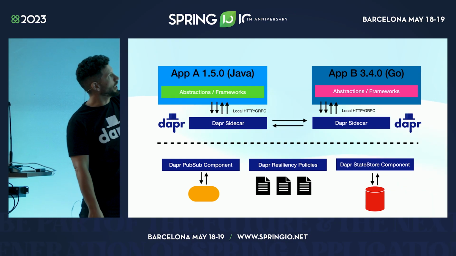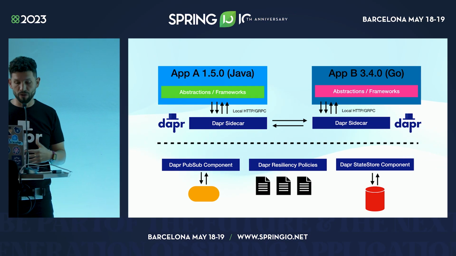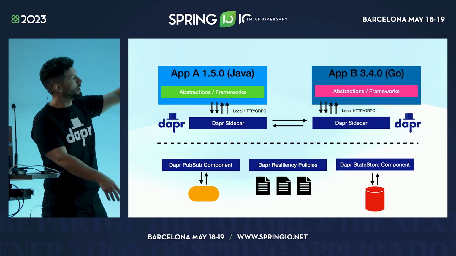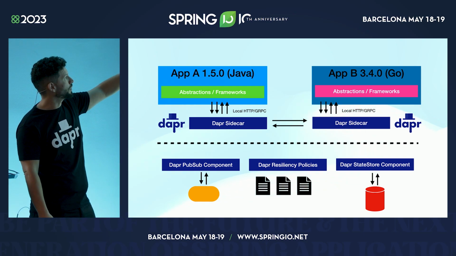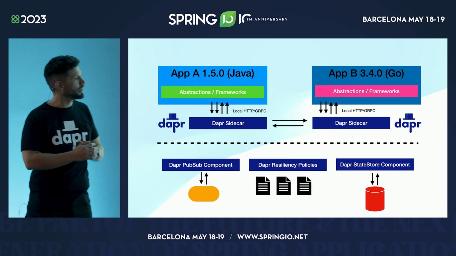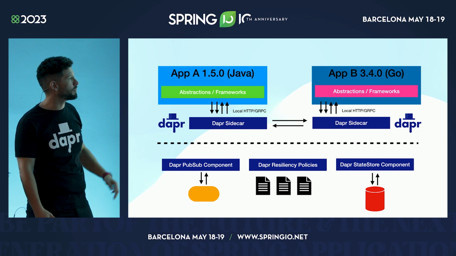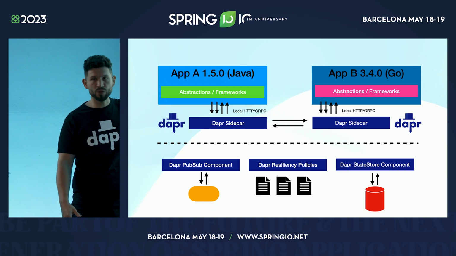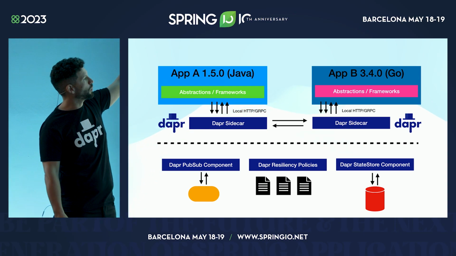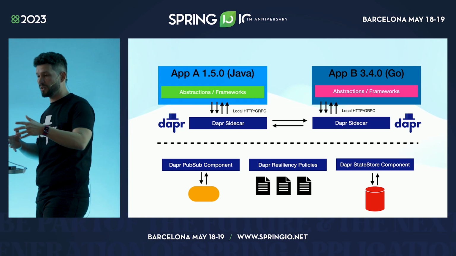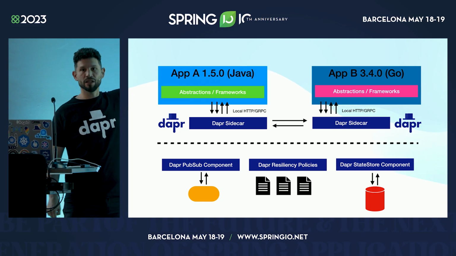What this sidecar will do then is enable the application operator or the architect to configure a bunch of Dapr components, right? So the sidecar can be configured to connect to the infrastructure that you need to use from your application. For example, if you want to store data, you can create one of the Dapr state store components to connect to a data store. It could be Redis. I will be using Redis for my presentation. But as soon as you configure how to connect to that data store, in this case Redis, your sidecar will be in charge of pushing the information that the application is producing to that Redis instance, without the need of adding a Redis client in your application code.